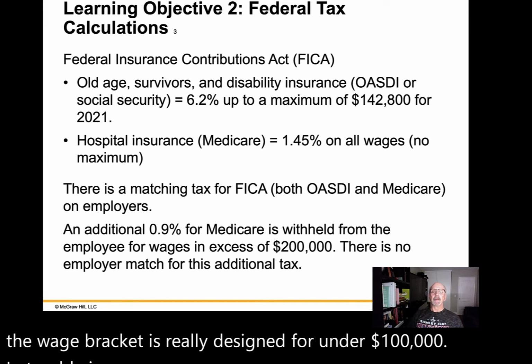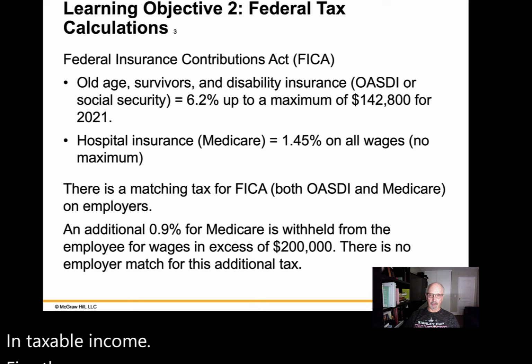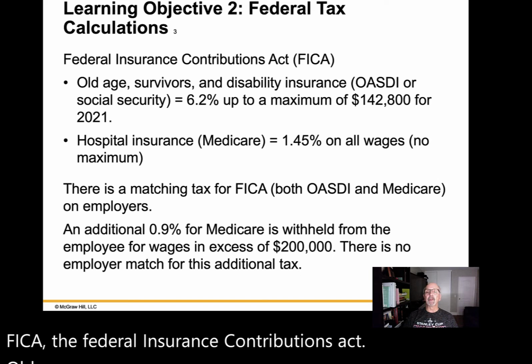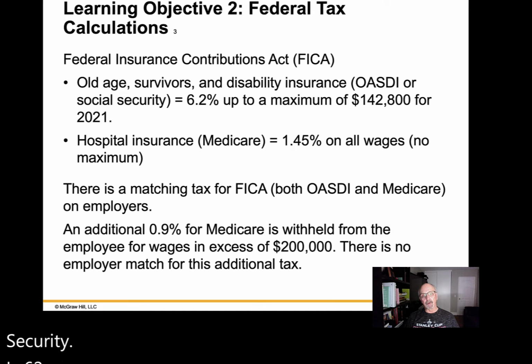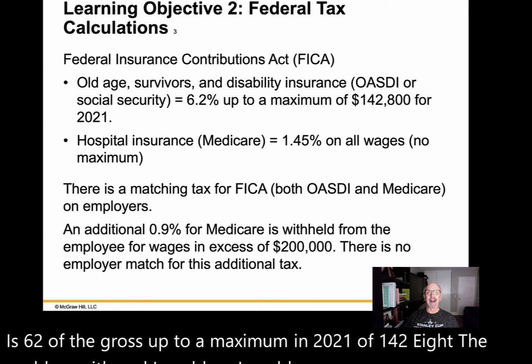FICA, the Federal Insurance Contributions Act. Old age, survivors and disability insurance, formerly known as Social Security, is 6.2% of the gross, up to a maximum in 2021 of 142.8. The problem with, and I could go on for an hour on Social Security, but the